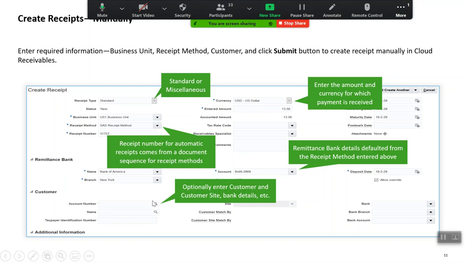Customer information, as I said, when you create a receipt you would want to input that I received this particular money against this particular customer. So all those customer details, which is the name, if you know the name you key in the name by clicking on the search icon. If you don't know the name, if you know the account number, you key in the account number. You have the search tiles, in which you have an option to select that particular customer or select that particular account number from the system. So you're selecting this particular customer here.